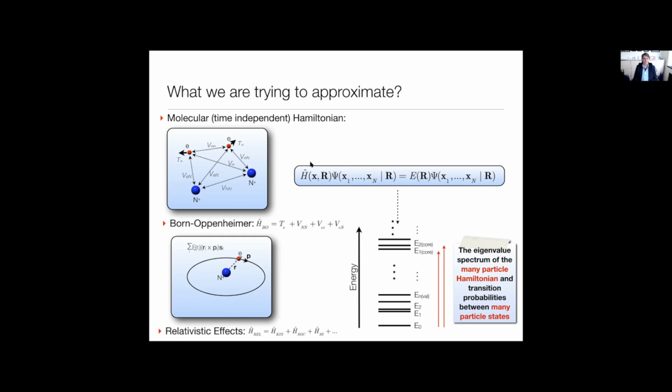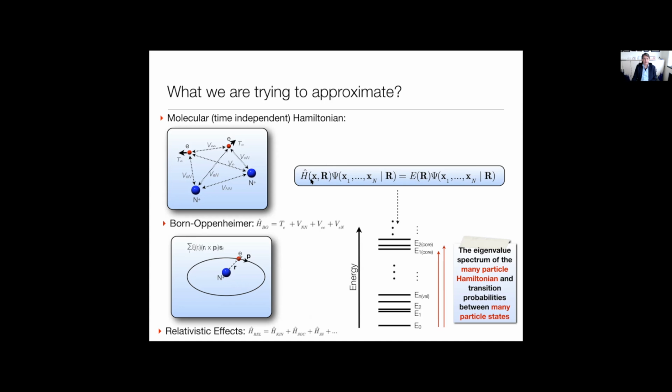And that is an absolutely daunting task. We can't even do it exactly for 2 electrons, save the dozens or hundreds that are in our actual systems. But in principle, what we're trying to approximate here is, of course, the solutions of the many-particle Schrödinger equation, right? So it's a many-particle Hamiltonian, and it has many-particle eigenstates. And I'm making that strong contrast to the one-particle pictures that you have in DFT or Hartree-Fock theory. That is what can be observed. It's the many-particle eigenstates, nothing else.